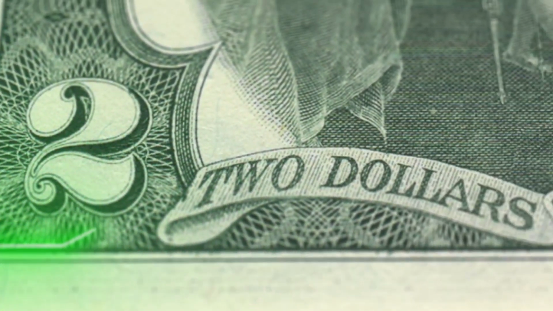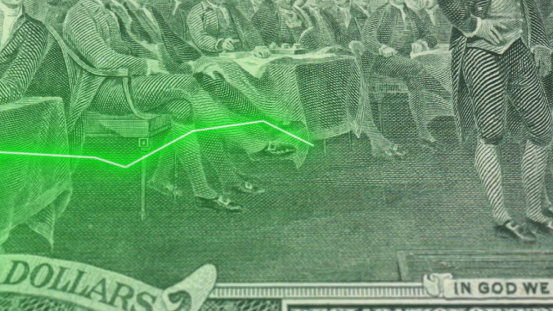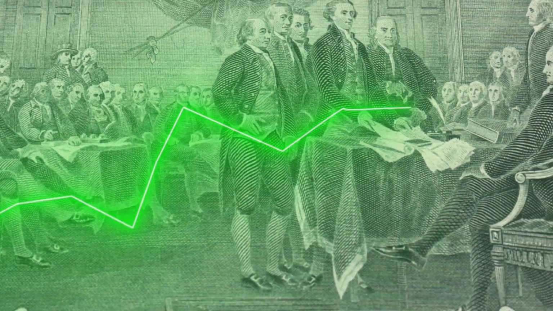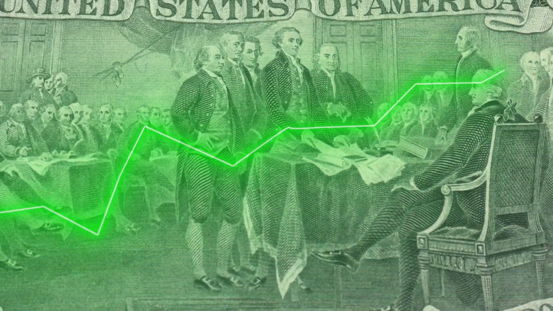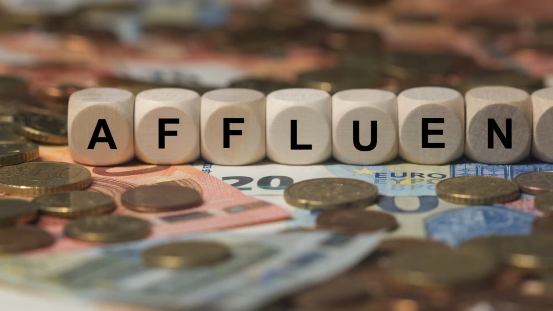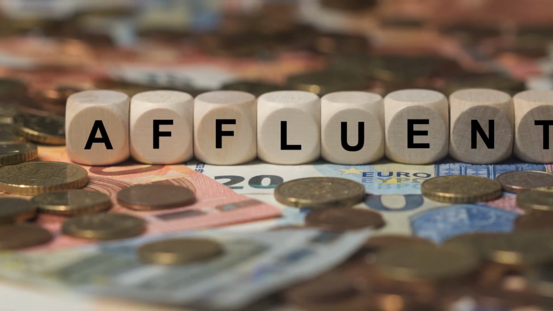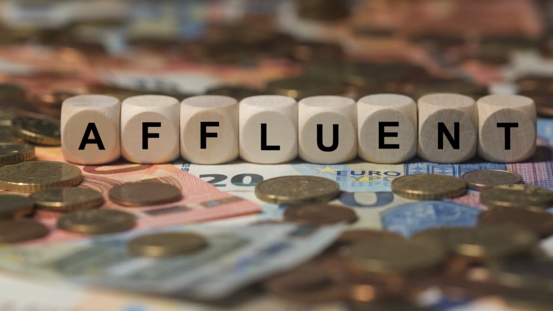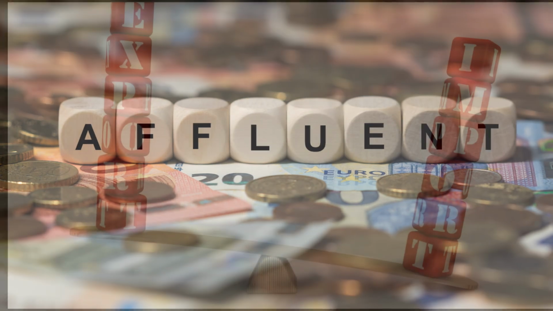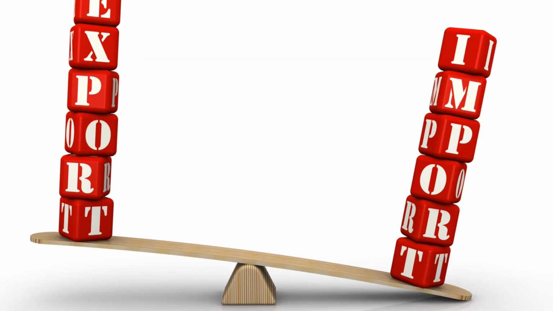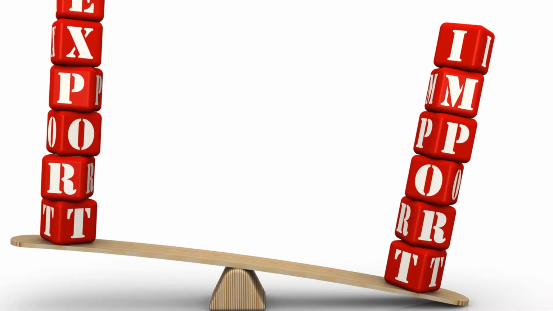For the United States, it happened at Bretton Woods in 1944. 44 nations formally agreed. The dollar would be the world's reserve currency. Other currencies would peg to the dollar. The dollar would peg to gold. But here's what nobody tells you. This is as good as it gets. Once you're the reserve currency, the world needs your currency more than your goods. Eventually you stop producing, you start importing, the surplus reverses, and the deficit becomes permanent.